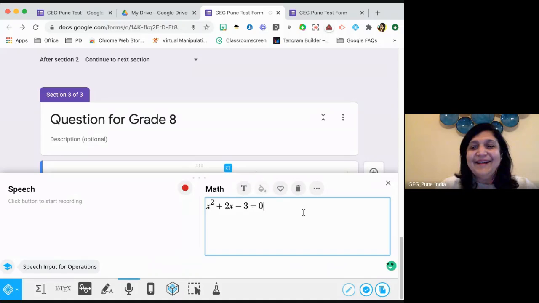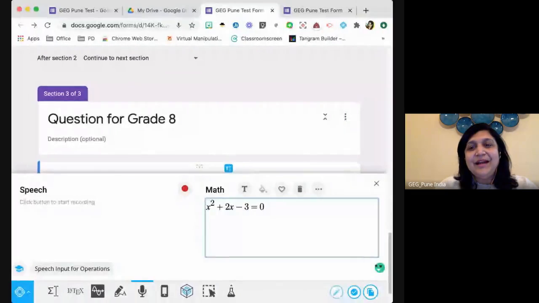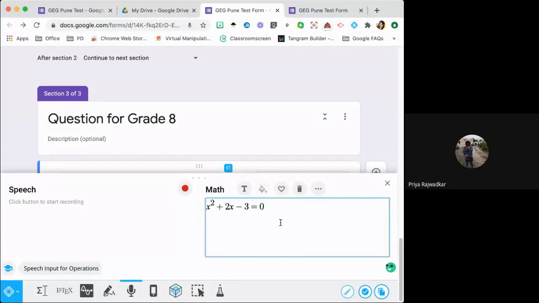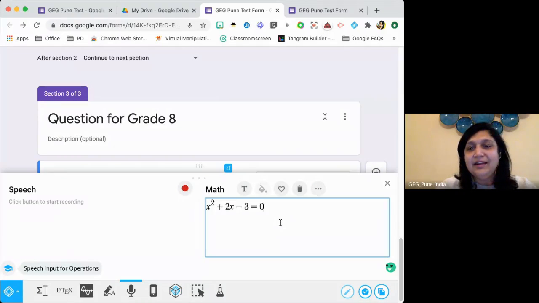Exciting, yeah, Priya? I was very excited when I tried the speech tool actually. क्योंकि I always try to find images. Too exciting. I mean, you can just talk and your equation is ready on this board. Yeah, I had never tested this, but I tested and I was very happy with it.